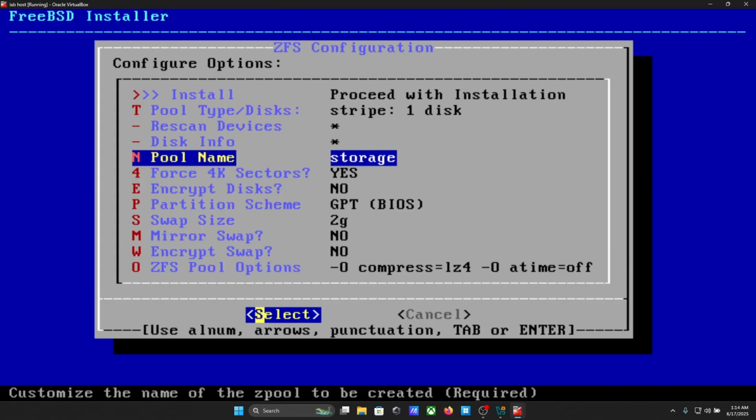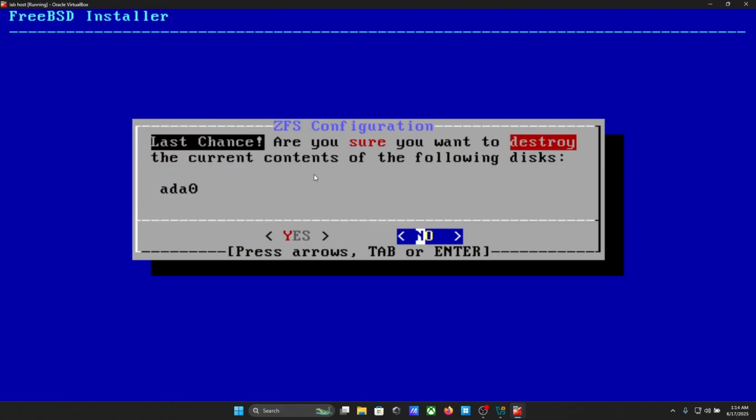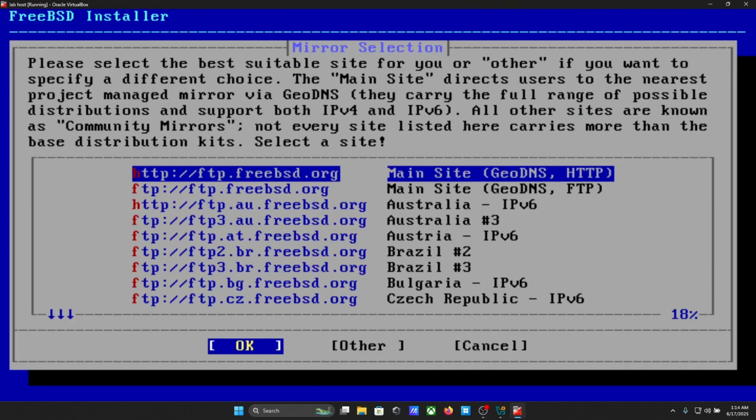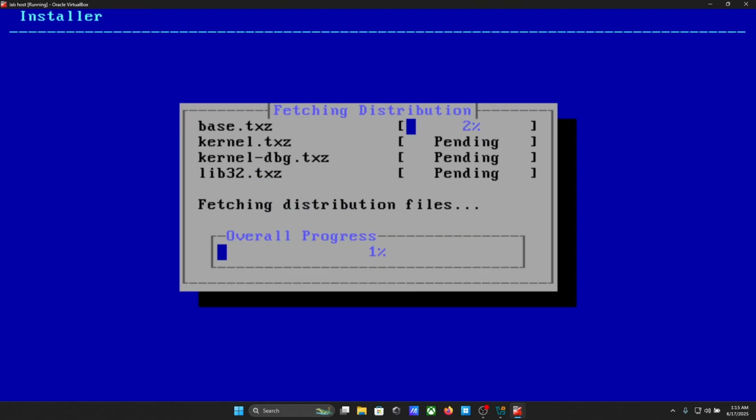So, okay. You can proceed now. Just say yes, that's fine. Pick the top one because it'll use, like it says in the explanation here, it'll use GeoDNS. It'll figure out where you are and it'll get you a close one. It downloads fast. These are small files anyway, so they don't need to download that fast, but